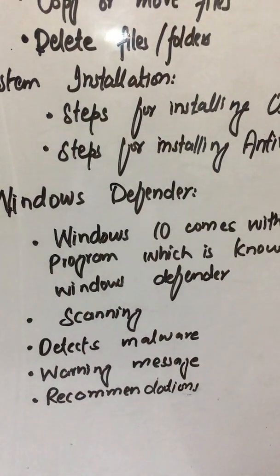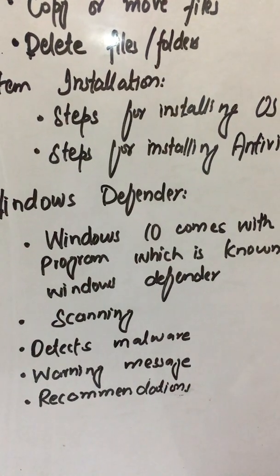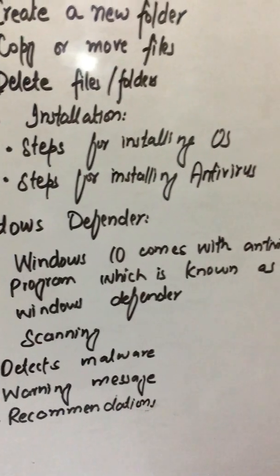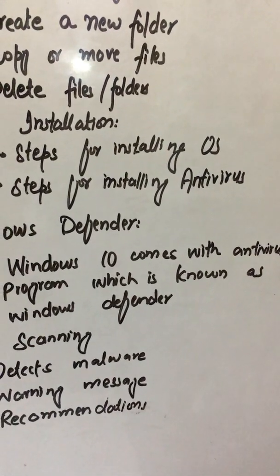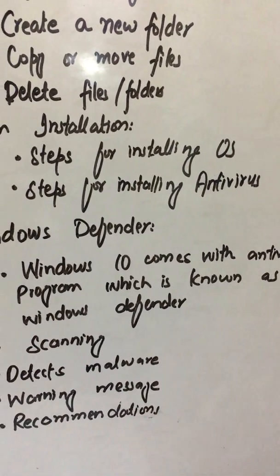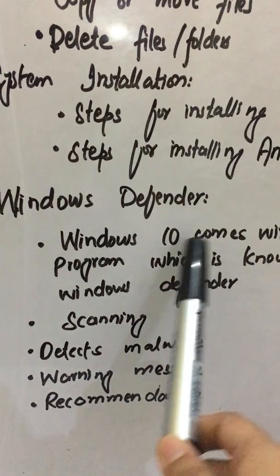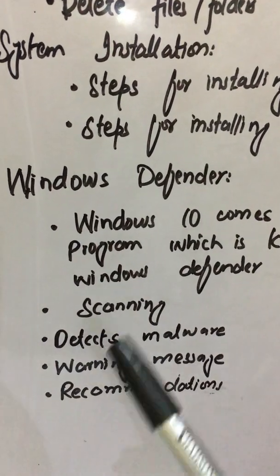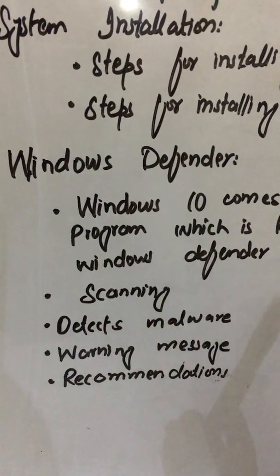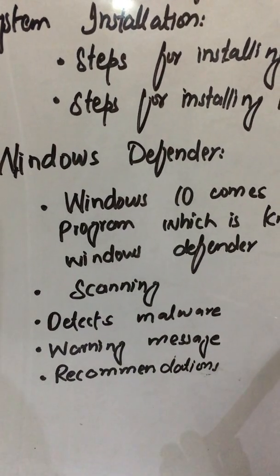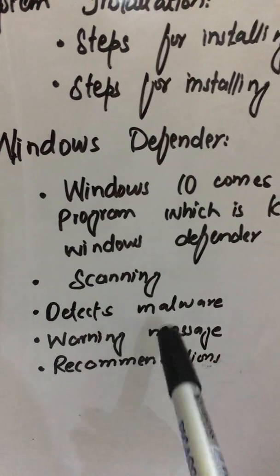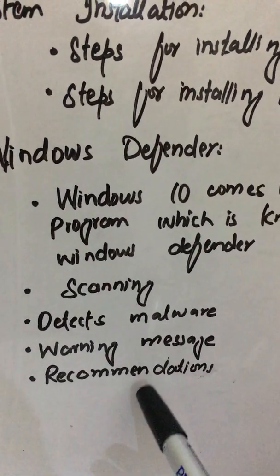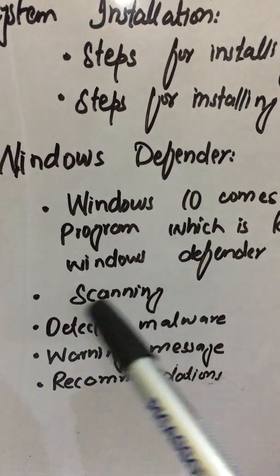Then our last topic of chapter 2 is Windows Defender. The latest version of Windows, that is Windows 10, comes with an antivirus program which is known as Windows Defender. Windows Defender is an antivirus program which scans your computer in the background. It detects any malware if it is present in the computer. It shows warning messages, and it also gives you recommendations on what to do to keep your computer safe